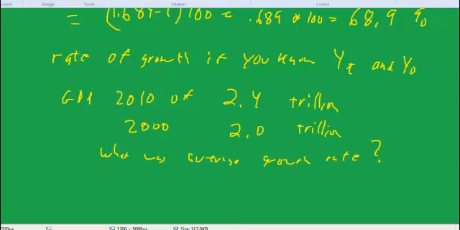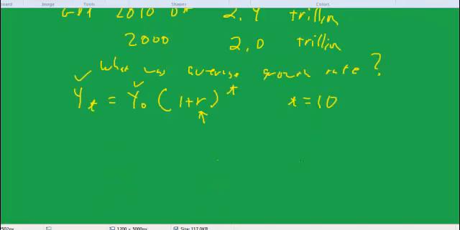So now what we have in terms of our formula, we have t, which is 10. We went 10 years. We have yt and we have y0, and we're trying to find r. So we can do a little algebra, and we can move the y0 over. We can say yt over y0 is equal to 1 plus r to the t, and